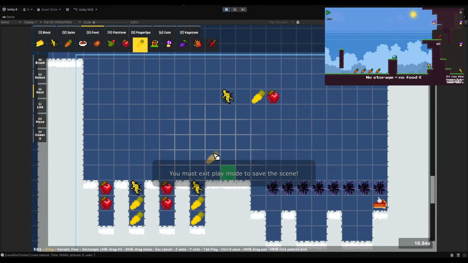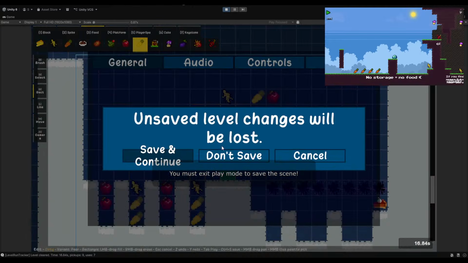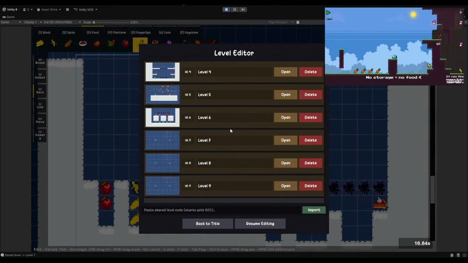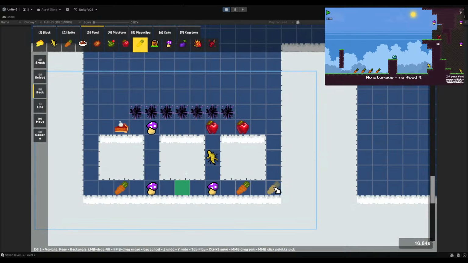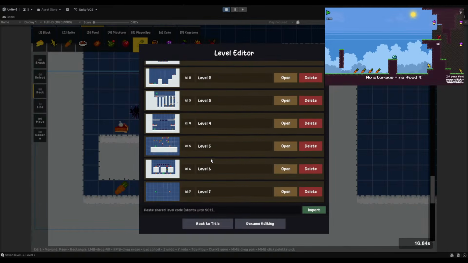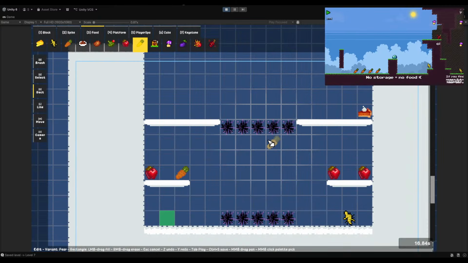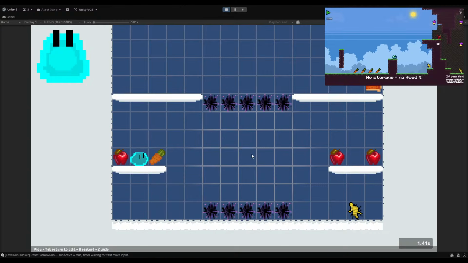Oh, why am I pressing Control S? I hope that doesn't break this level. Yeah, you don't use apple midair. It shouldn't break level... Oh, it does break level 4 if apple is only usable on ground. Shoot. Oh, great. Right. So pear and apples are too similar, huh? Now we have another problem then.